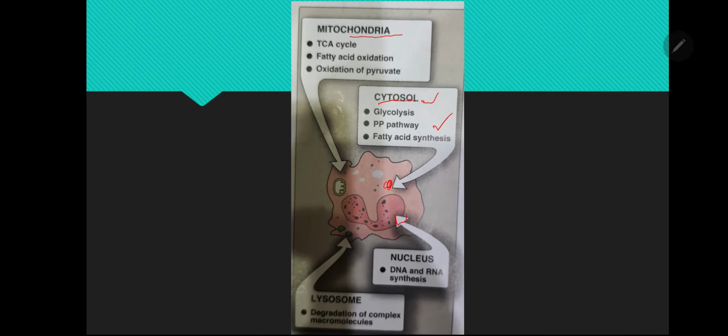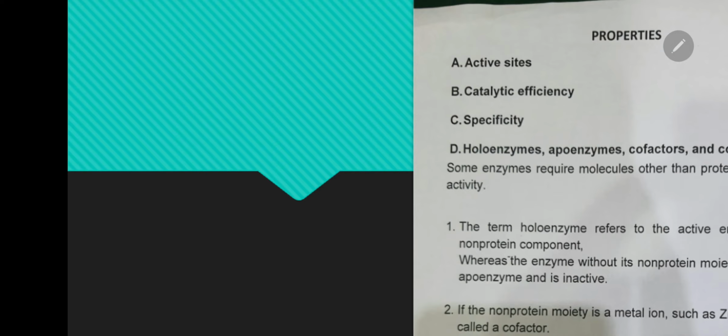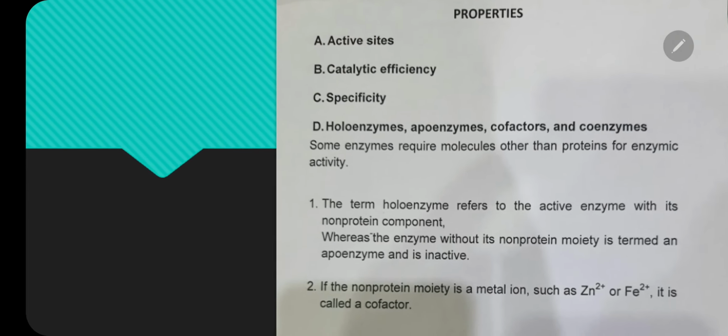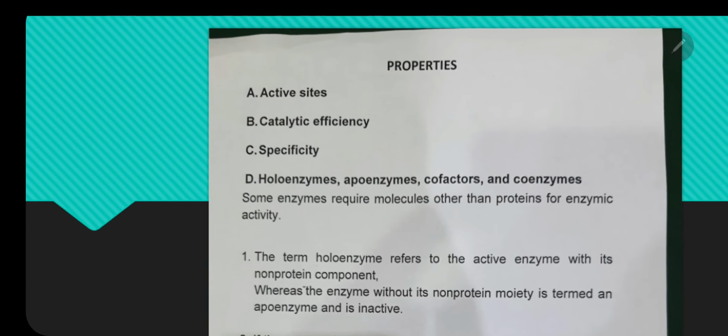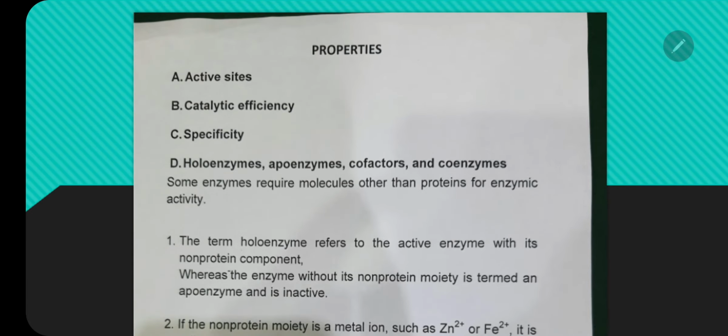Now, regarding properties, there are certain definitions which are very important, and these definitions are the holoenzymes, the apoenzymes, the cofactors, and the coenzymes. These four definitions you must know, and this is given in the book, but I have made these separate headings,